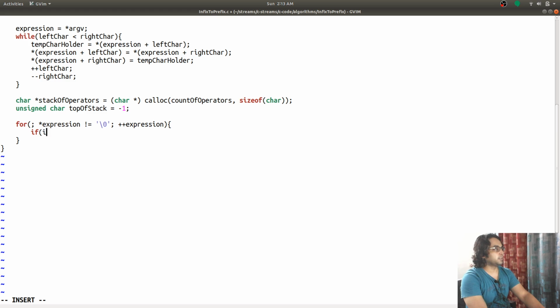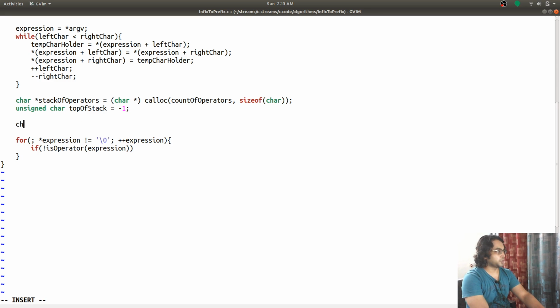If this given character is not an operator, then we are going to create a storage to store this created postfix expression in reverse. We can create a postfix expression, then reverse it, or we can store the reverse from the beginning. So this is what we are going to do. So it is going to be prefix is equal to char